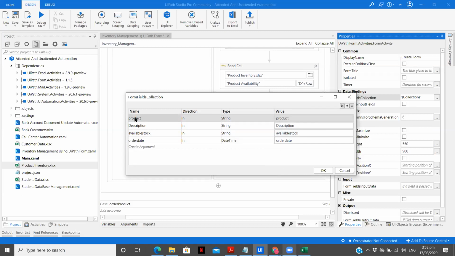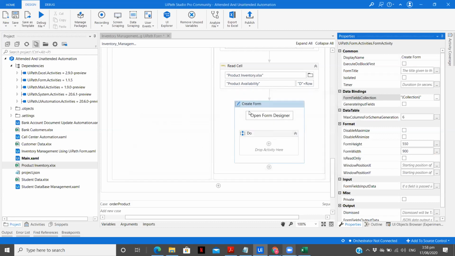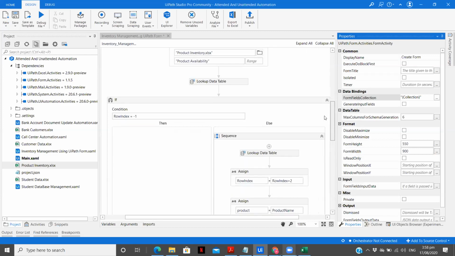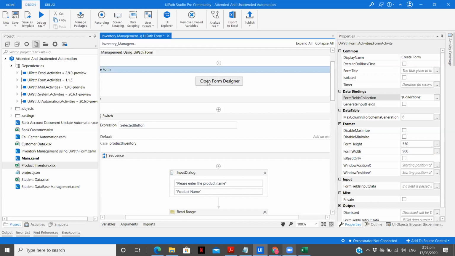Let me just explain the hierarchy. Field key is equal to argument name, and argument name is equal to your variable name. This should be the standard naming process you should follow when you are using UiPath form. So this is just where we are displaying the data. So here we complete our first part,